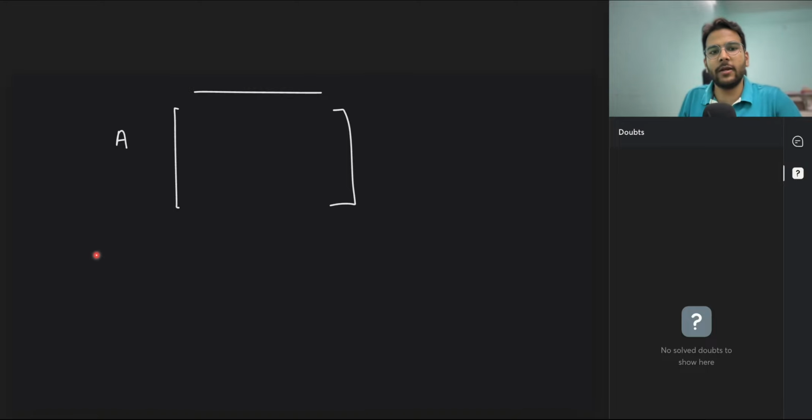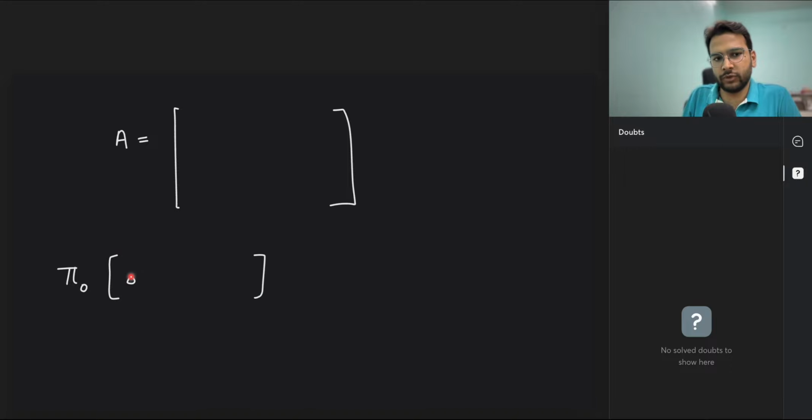Just understand that this is your transition probability matrix. Now you have a pi, let's say pi 0, you have 0 0 1 0 0 0. 6 values are there, right? So now